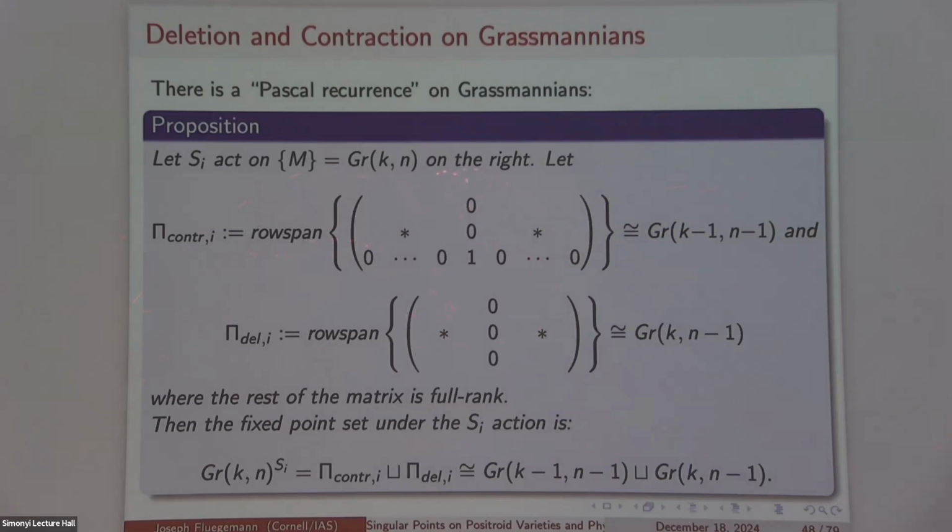Either you contain that column by itself, or you don't contain that column at all. So we'll call this top version, where you contain that coordinate, contraction, and then if you don't contain that coordinate at all, then we'll call it deletion. So deletion and contraction then become these